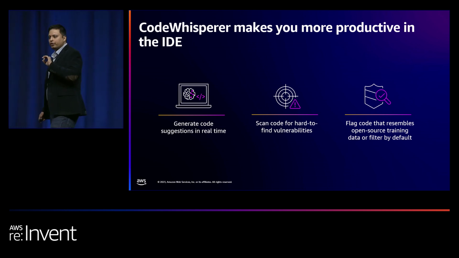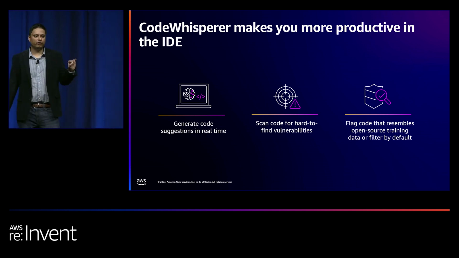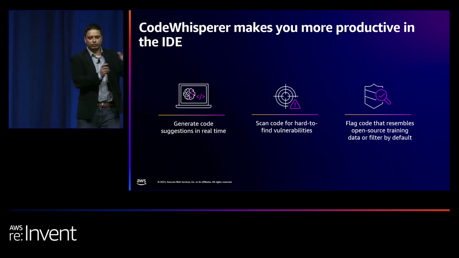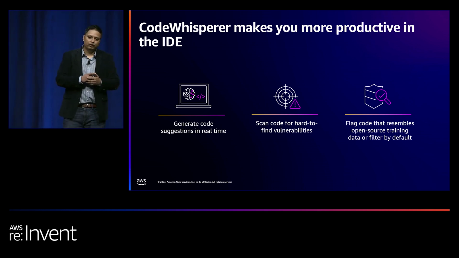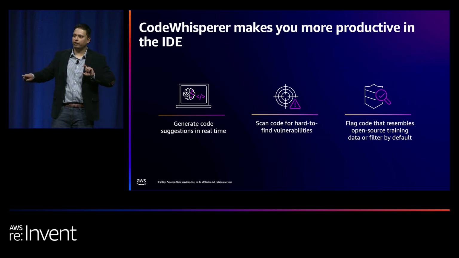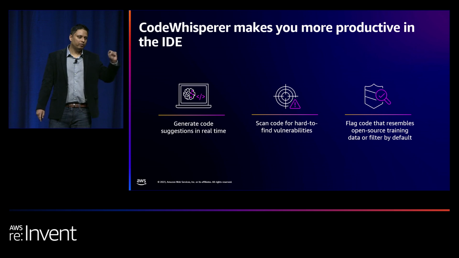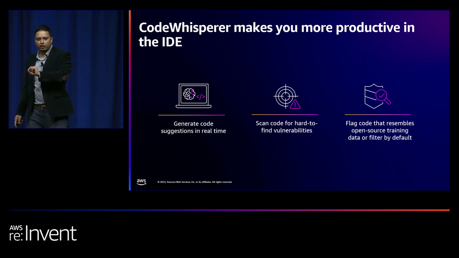CodeWhisperer also helps you scan the code for security issues directly in the IDE. Now, this is what we call shifting left of security concerns, right? So instead of finding these bugs and security issues downstream in your CI/CD pipeline, now you're equipping the developers to actually simply click a button in the IDE, find the issue, fix it right there, so that downstream issues are already taken care of.